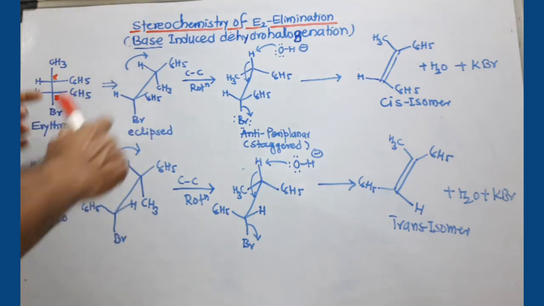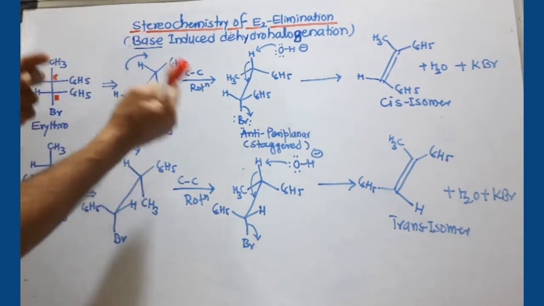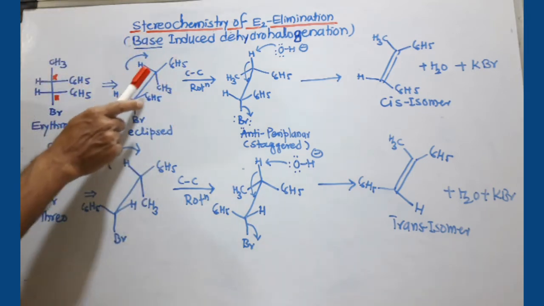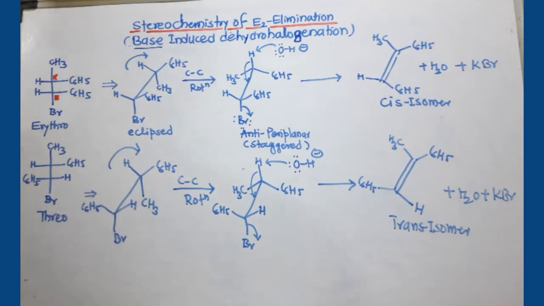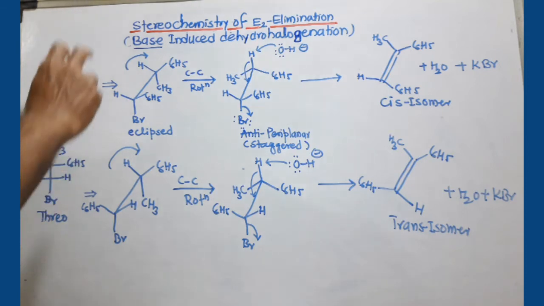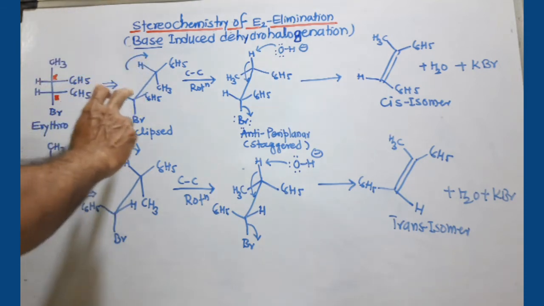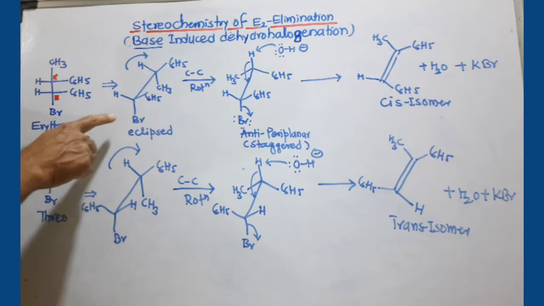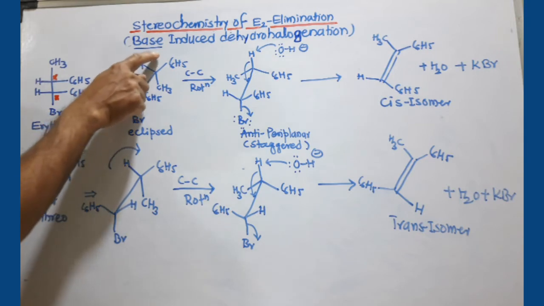Now, as I mentioned earlier, there is continuous rotation between this carbon and this carbon through 360 degrees. And we know for elimination reaction our base prefers anti-periplanar arrangement. So we have to bring an anti-periplanar arrangement where the hydrogen on the beta carbon will move away from the leaving group. So Br is here. So we need hydrogen here.